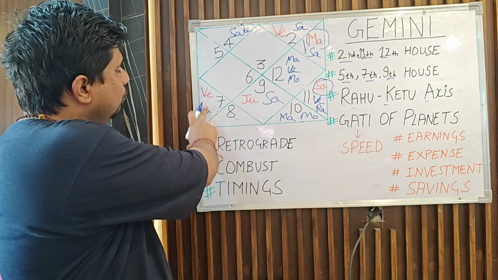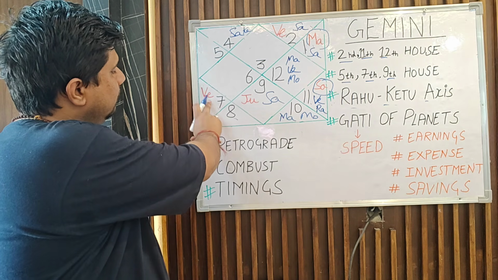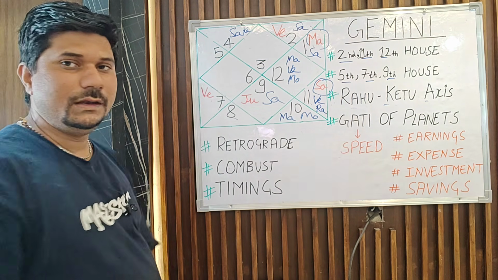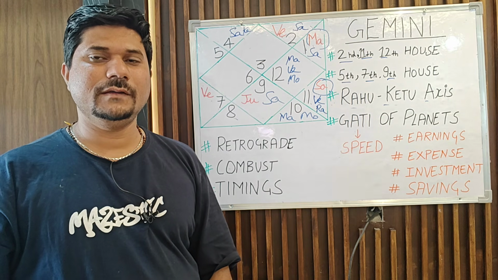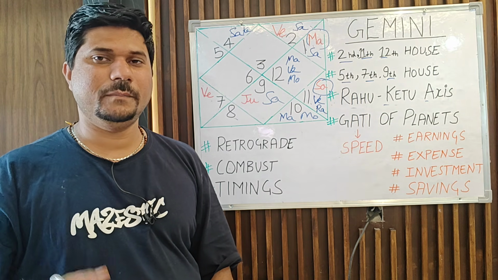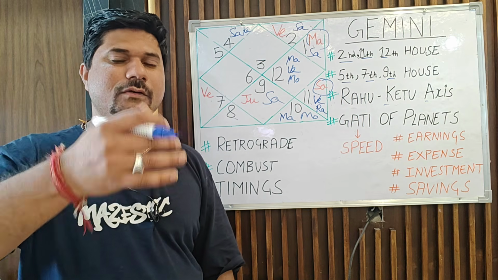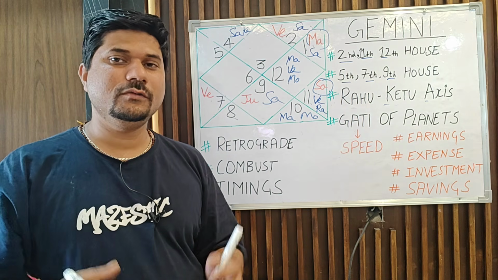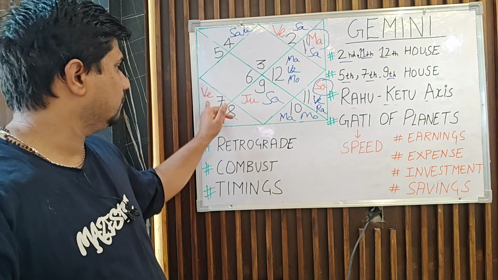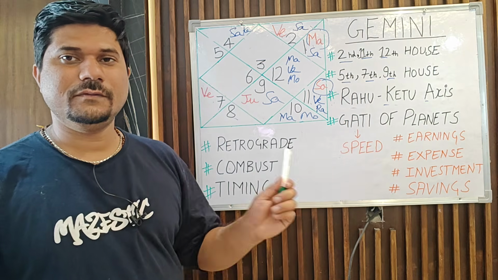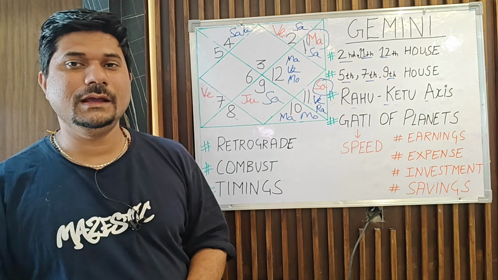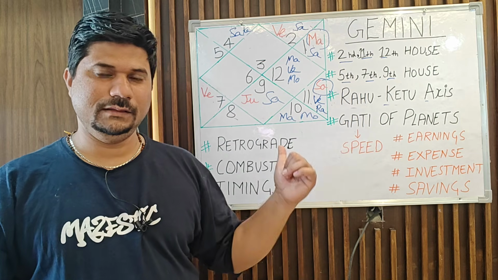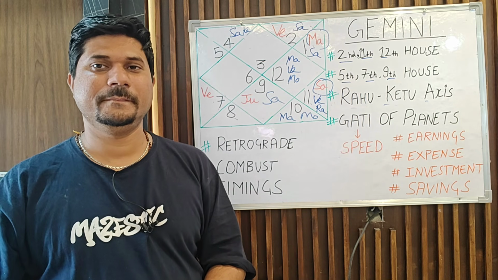Purav Sanchit karma, it's ruled by Venus actually. So Venus is also a very important planet for you people. If you want to understand whether I have performed some good deeds in the past and because of that, I'm going to receive something beneficial, look into the Venus placement. In a male chart, Venus is also the representation of a wife. So whether the wife is bringing luck or adversity is seen through this Venus in the horoscope.